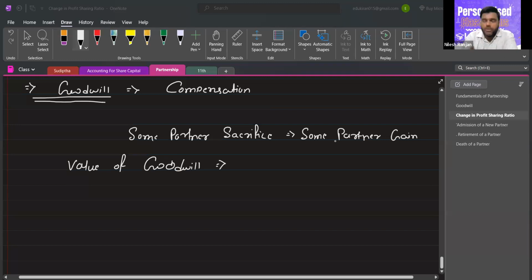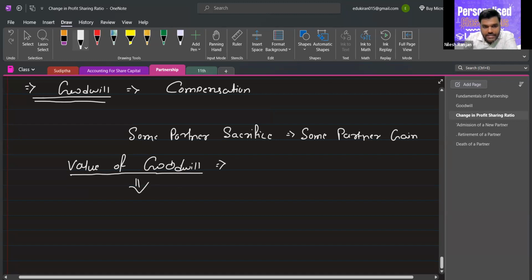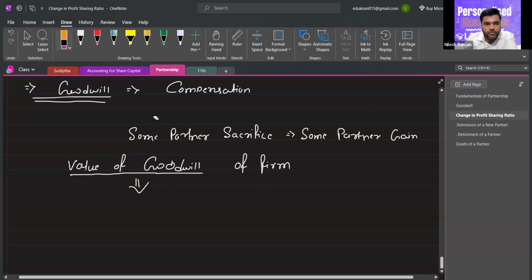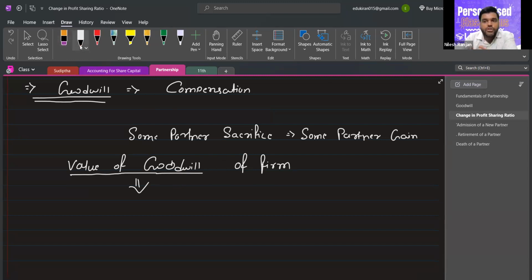So X will receive money from Z. We know the value of goodwill, and then we will multiply this value of goodwill. Generally, the goodwill of the firm will be given. If the goodwill share of the partner is given, then no problem. We can pass the journal entry with that amount. But if the value of goodwill of the firm is given, then we have to multiply it with